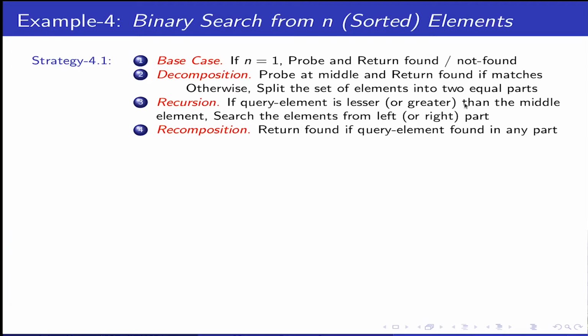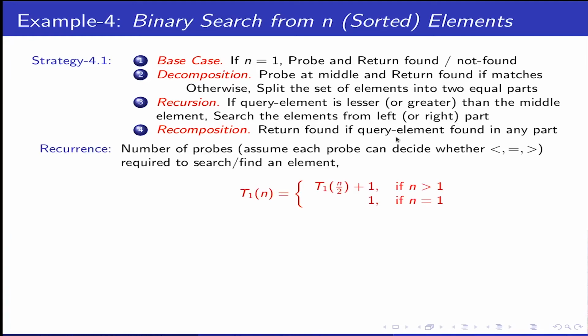So you only search on the left or you only search on the right, and return if you find that element from either side. This gives our recurrence: every time I only search one half, and I discard the other half depending on how the query element compares to the probed middle element, whether it is greater than, equal to, or less than. And this one is to probe the middle element. I want to know the number of probes I am doing. Probing means, as I said, that by one probe I can determine whether it is less than, equal to, or greater than. Let us assume that we can determine this by one probe. So it is one probe, plus the time for whichever one part we search.